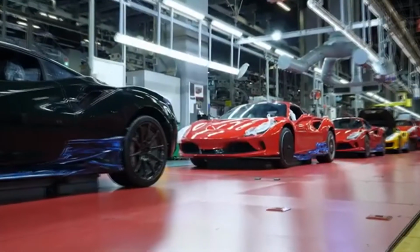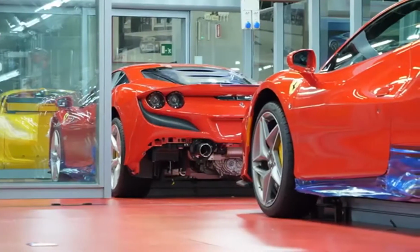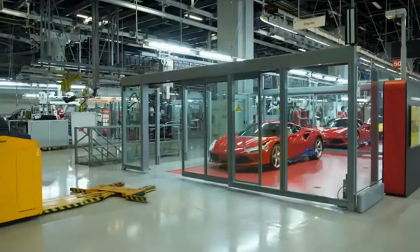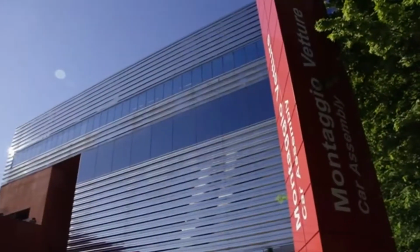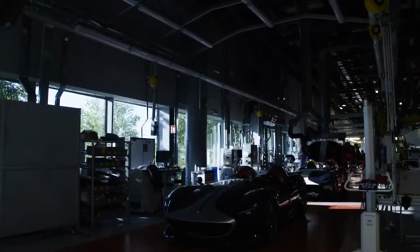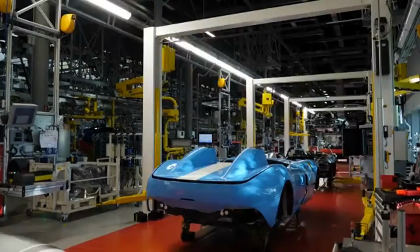In the following days, a 812 GTS Spider in Grigio GTS and a F8 Tributo in Rosso Corsa were among the first cars completed in the 12 and 8-cylinder lines. The new Ferraris are ready to be delivered to their owners in USA, Germany, and Australia respectively, and